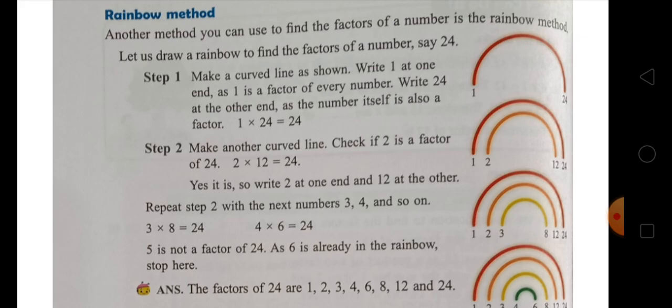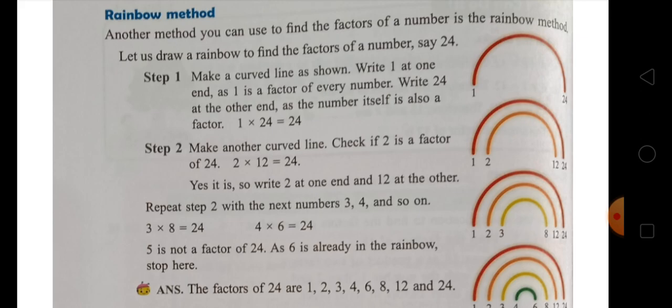Okay. Now come to exercise 5.3. The numbers in column A and C are the factors of the numbers in column B. Match them and color them in the same color. That is, the numbers in columns A and C are the factors of the number in column B. So 11 and 7 are the factors of 77. Okay. Now the next number is 38. So 2 and 19 will be factors of 38.